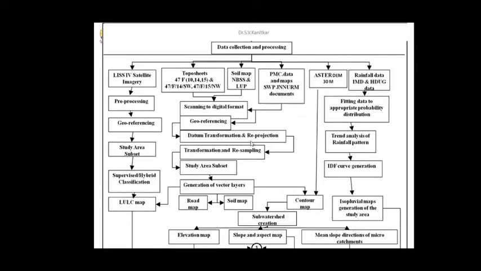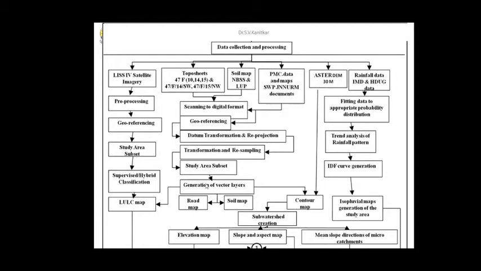You may want to reproject it to a coordinate reference system, let's say the UTM reference system with WGS 84 as datum. And after transformation and resampling, you create a study area subset. And lastly, you create your own vector layers based on the topo sheet data, mostly contour data. So depending upon the scale of the topo sheet, you can have better contour data and then you can match it up with actual data which you may get from digital elevation models of different resolutions.